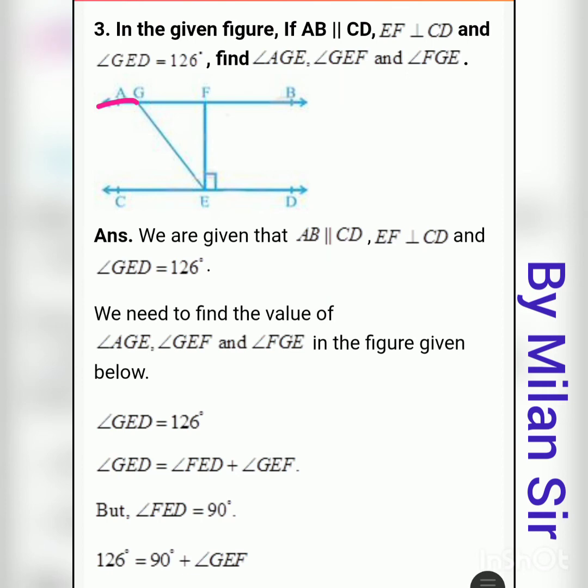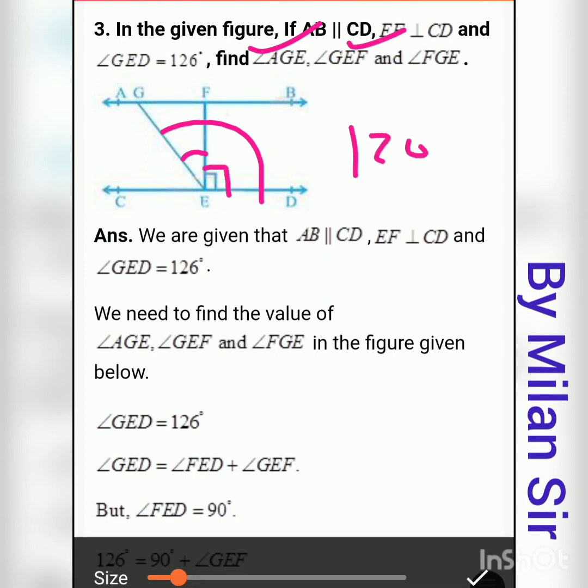Okay, here we have one Z. This angle is given in the question, 126. So this is even 126, and the reason is alternate interior angles. Okay, so AGE is done, 126. After that we need to find GEF, that means this angle. We know the value of this full angle, 120 degree, and this is 90 degree. So from this 120 degree, if we subtract this 90 degree, we will get the value of this GEF.